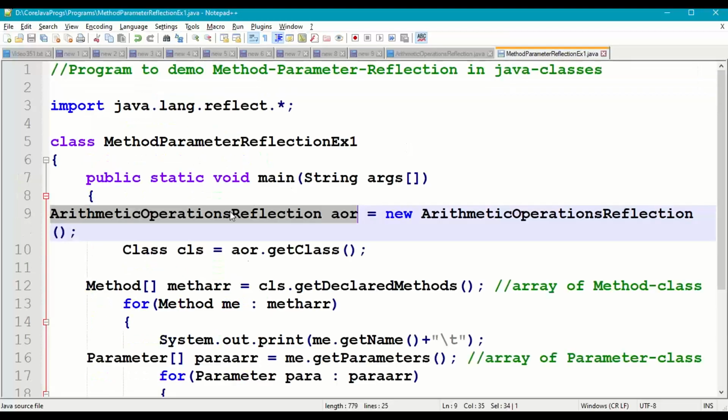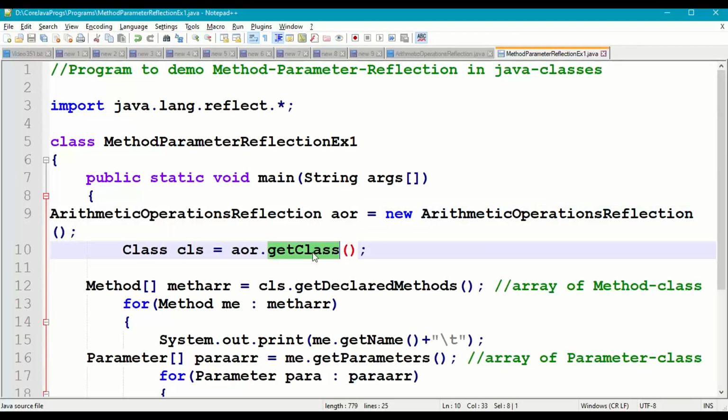Right. Now we are getting the class of the object using the getClass method. The getClass method is available in the Object class. Object class is a superclass for all the classes in Java programming, and on the ArithmeticOperationsReflection object we are calling the getClass method.